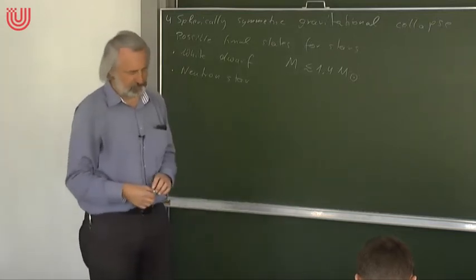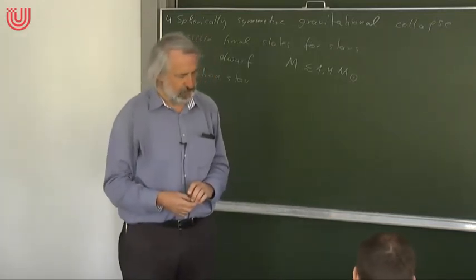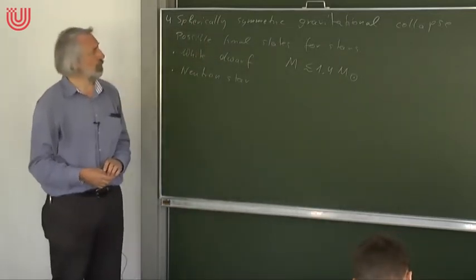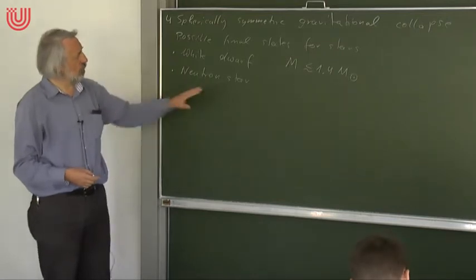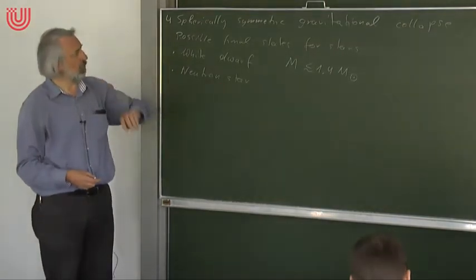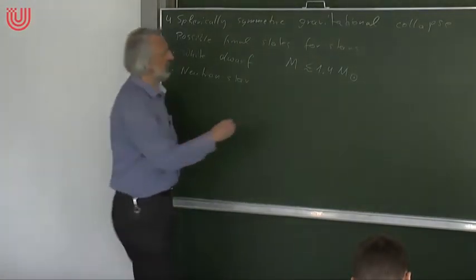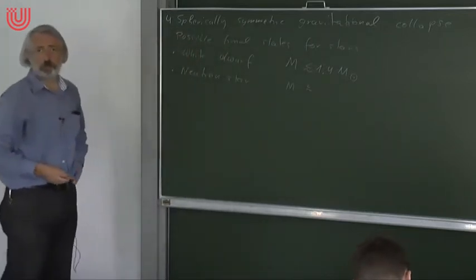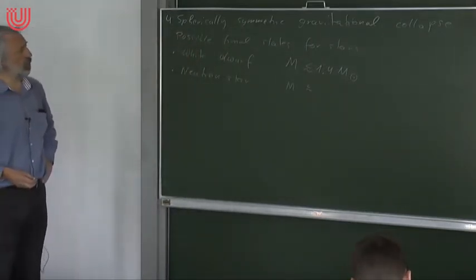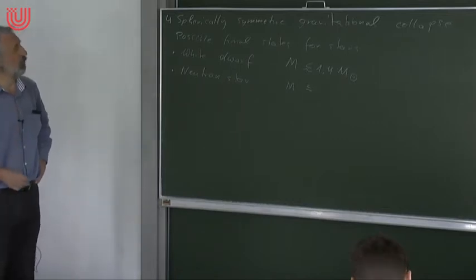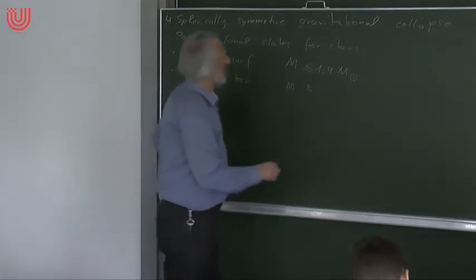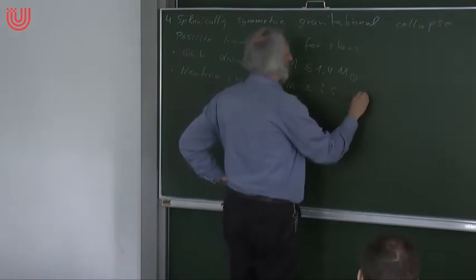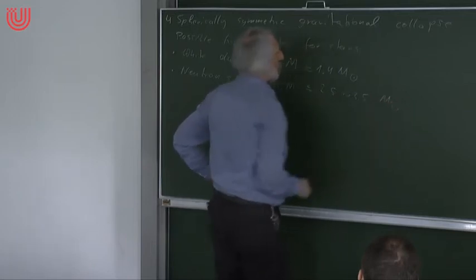So the matter then consists essentially of neutrons, and for this there's also a final mass limit, which is much more difficult to calculate, and actually it's not clear until now where exactly this mass limit is. We know neutron stars of up to 2 solar masses. Recently the first neutron star with a little bit more than 2 solar masses was found. Speculations go in the direction that maybe 2.5 or 3.5 solar masses might be something like a limit.